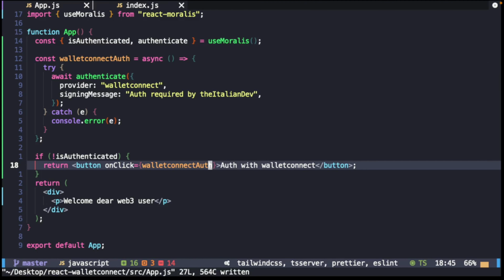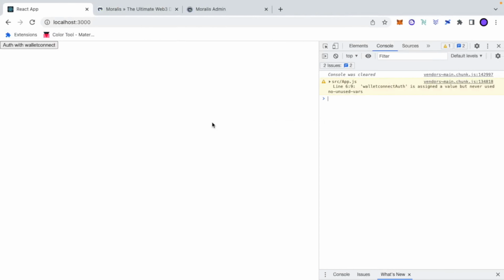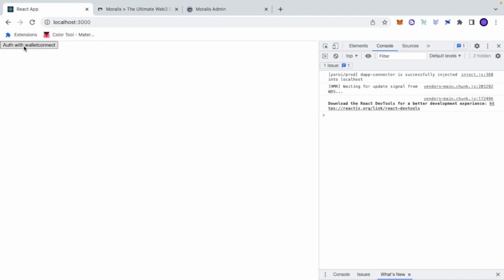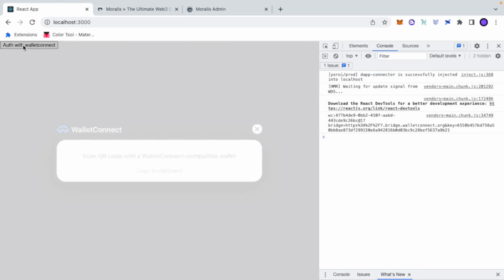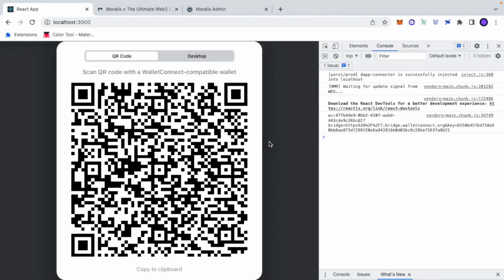Cool. Now let me prepare my mobile phone so I can scan the QR code given by the WalletConnect modal. Let's move to the browser. And now, look what happens if I click this Auth with WalletConnect button. A modal is showing up, and as you can see here, we have this URI, and this